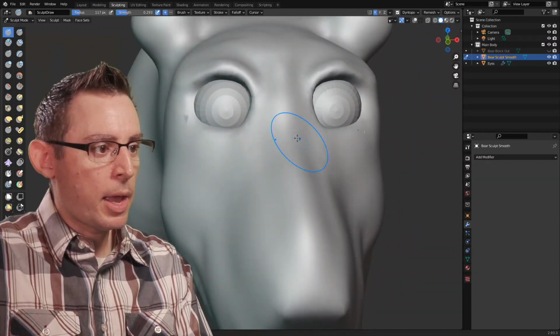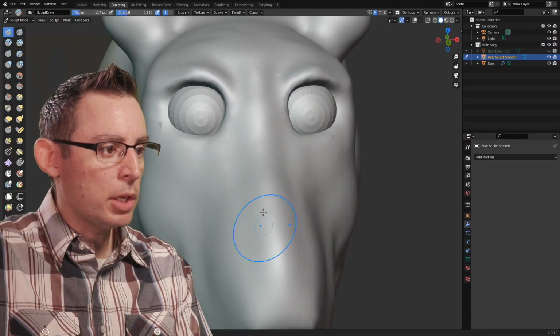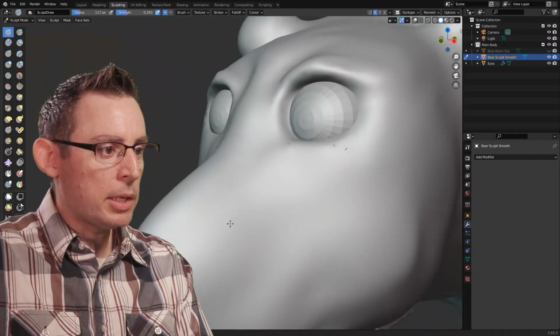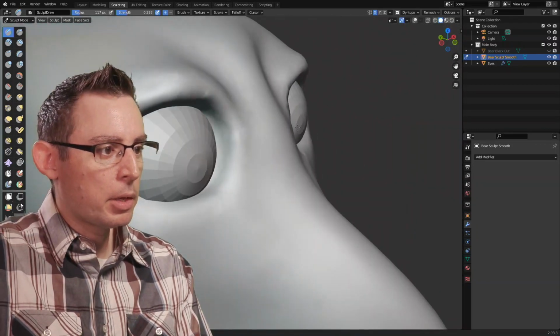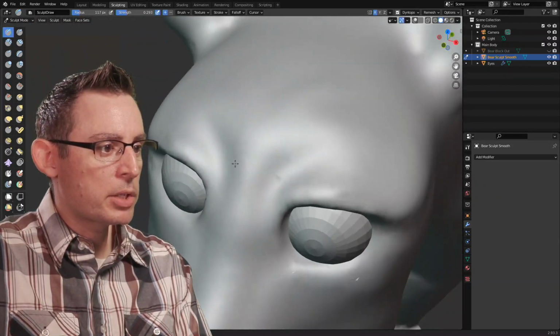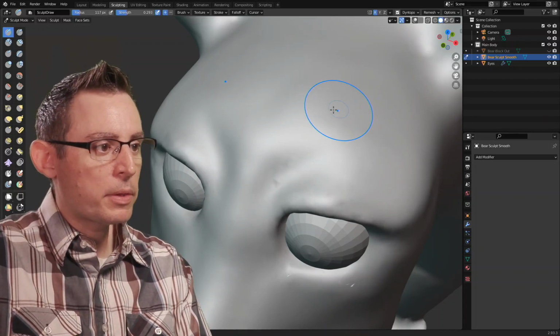Somewhere in there. Yeah, now we're talking. Because if you look, now we're starting to create the illusion that there's another plane in here. I'm liking it. I'm liking it a lot. Sometimes you kind of stumble upon a solution that's just working. I'm going to smooth out the top here.